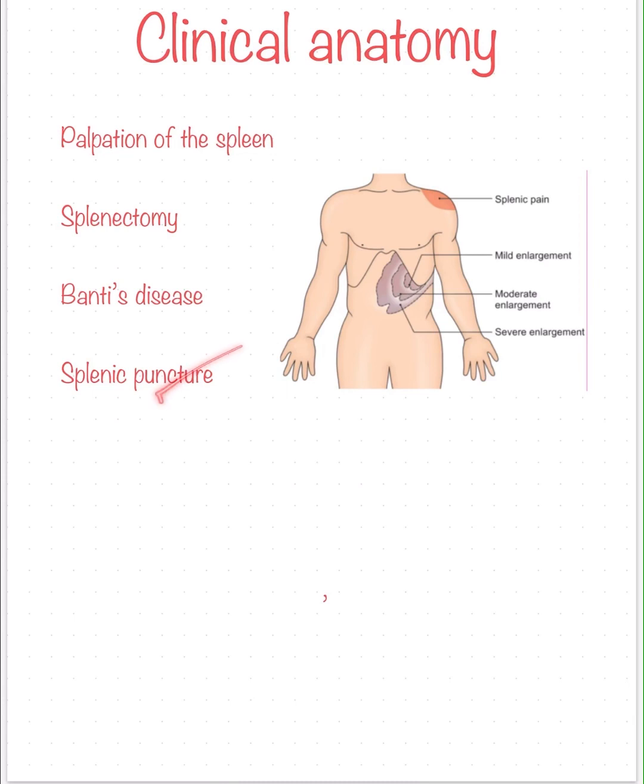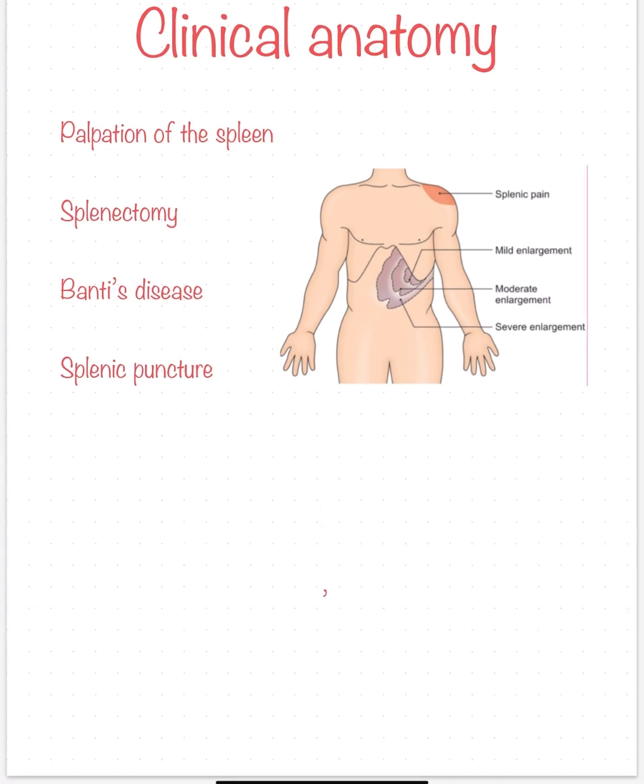So next we have the splenic puncture. Spleen can be punctured through the left 9th or 10th intercostal space in the mid-axillary line using a lumbar puncture needle. I think we know about lumbar puncture. We have studied about it in our neuroanatomy. It is punctured through the mid-axillary line to avoid laceration of spleen, and the patient must hold his breath during this procedure. So that was about